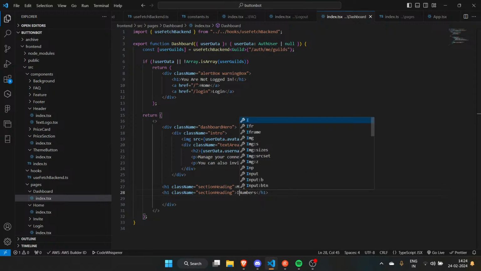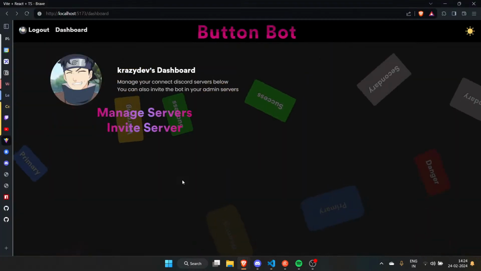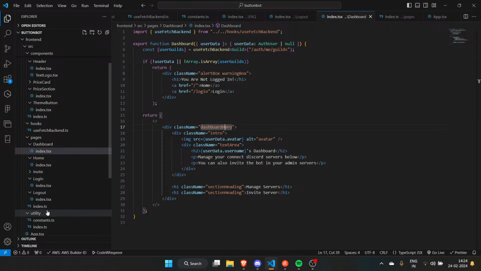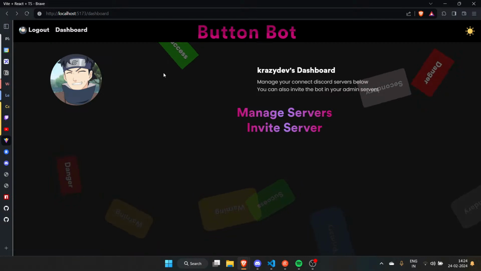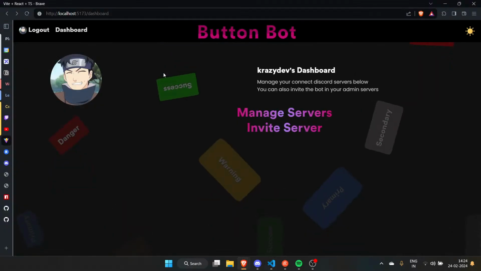Then secondly, we have invite servers. Now the dashboard hero class, you're giving me bad vibes, my man. What's up? Maybe it doesn't feel centered for some reason. Okay, let's do something about it. Index.css dashboard width should be 100 VW. Okay, remove that.